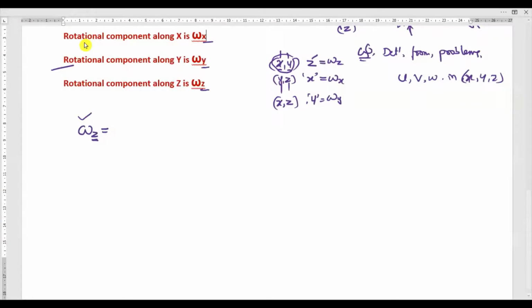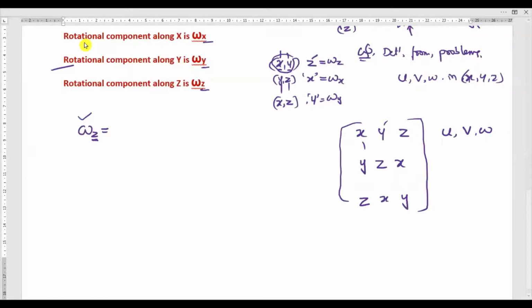For example, take x plane, y plane, and z plane. The velocity along x is u, along y is v, and along z is W. This is what I consider here. Similarly, you mix up these and write them in sequential order: after X, I take Y; after Y, Z and X; and similarly the last shuffle, Z, X and Y. These are the three different shuffling orders I got. Now I am going to write the expression for omega z. So I will neglect this term, W, because it is unknown.